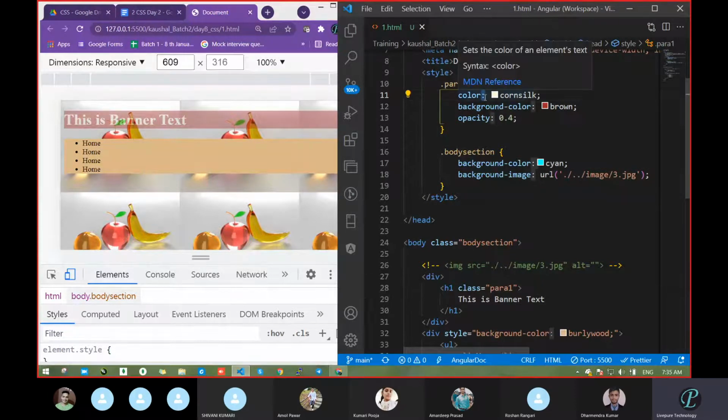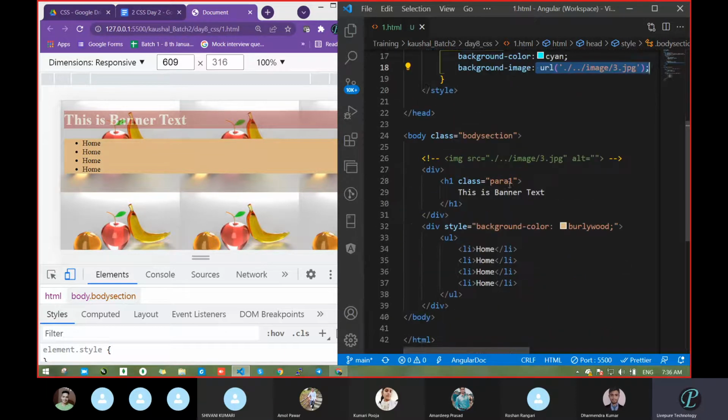What is before the colon and what is after the colon? Something like color, background color, opacity. So what is the exact name for that? Image is a property and URL is the image path. Correct. So this is the property, and this is the value, URL. Got it? The left side of the colon is the property, and this is its value.